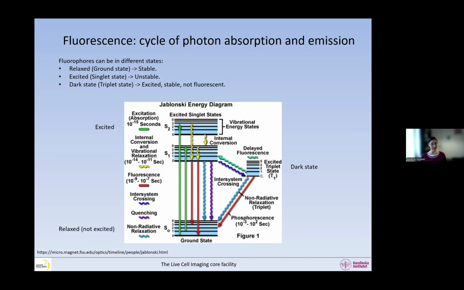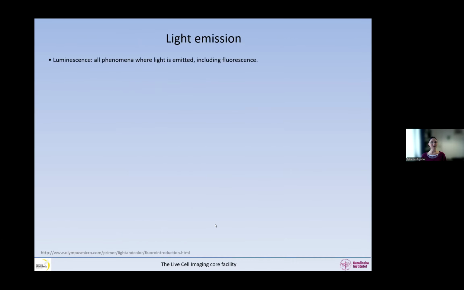So it is excited, it has acquired the energy from the excitation light. It's excited, it is stable, but it does not fluoresce. So this is why it's called the dark state. It's different from this place where the molecule is excited, it's unstable, and then it may fluoresce. What happens in the dark state is that the molecule can stay there for a little while, and then after a while, the same thing happens as the other one. Maybe it will vibrate enough that it will go back to the ground state, but maybe it will actually emit fluorescence. So we have these different states of